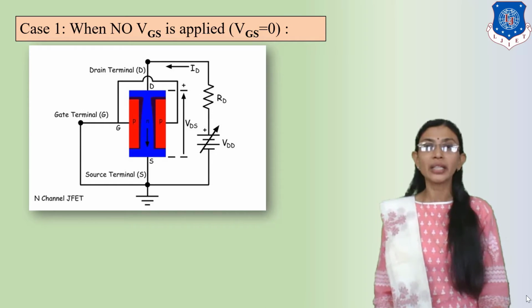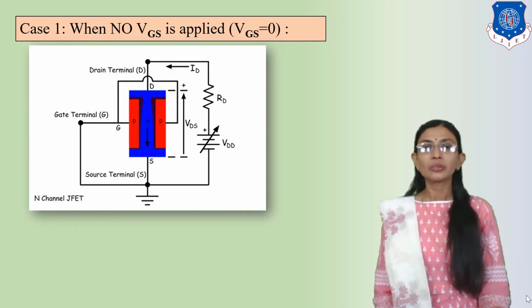Now we can observe that there is a depletion layer existing across the junction. If there is no battery or no reverse biasing between gate and source, that means a normal depletion layer exists across the PN junction, and always there is a fixed battery, that is VDD, or you can say VDS, across the junction of the output loop as shown in this figure, plus minus according to these terminals.